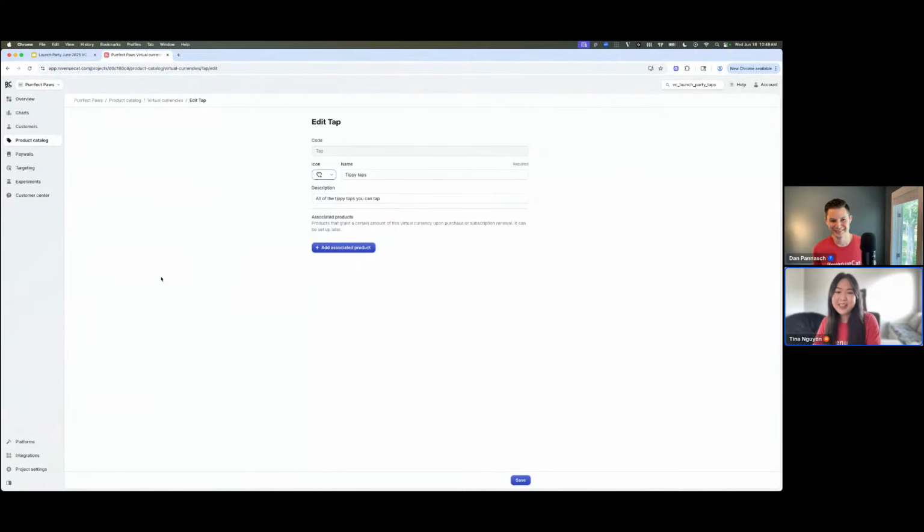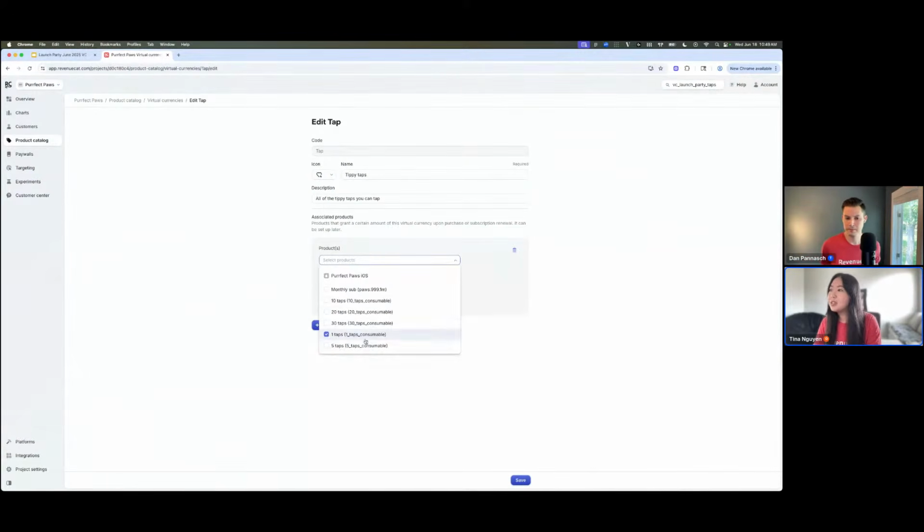So the first thing, or I guess the second thing now after we set up our currency, is to associate our products to them. We can link products to our virtual currency so that whenever that product is purchased, we will be depositing that currency for the customer on your behalf, kind of automagically, I guess. And our first step, what I want to do is actually set up a consumable product first to grant currencies. I have some products already set up here from the App Store. So I'll just set up this